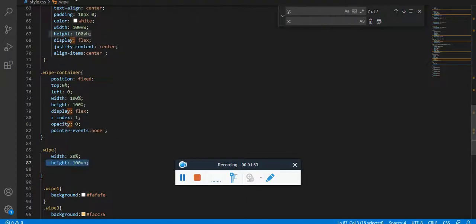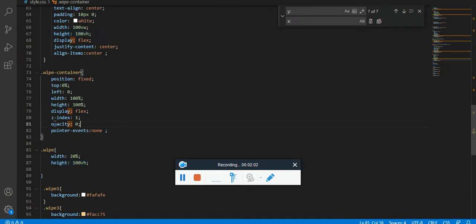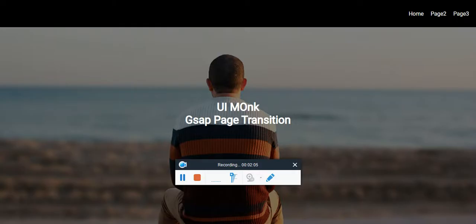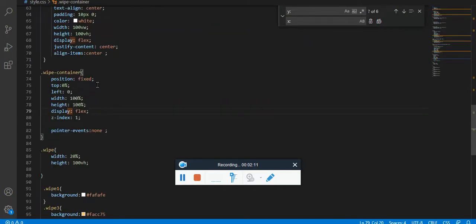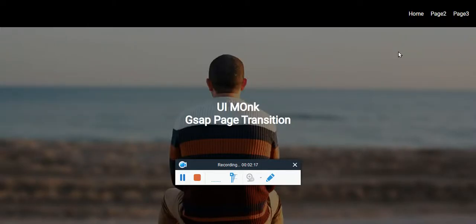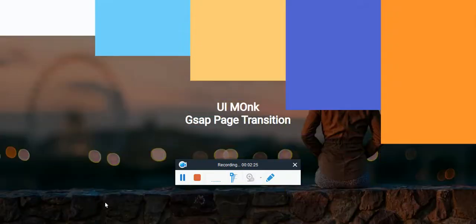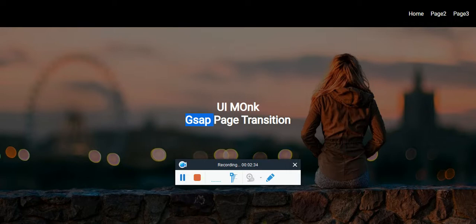Now if I don't write the JS, it will be completely filled. Let me remove the JS and show you. If I remove the JS, the screen will be completely filled with the color. Let me remove the opacity as well. Okay, we'll leave it as it is, not to make any changes, or else it will be a problem. This container will stretch completely to fill the screen with 5 different colors.